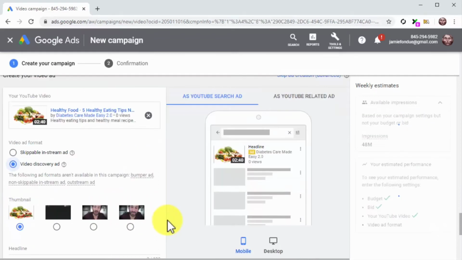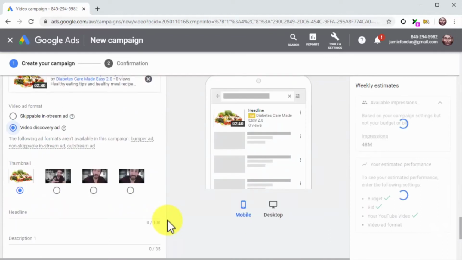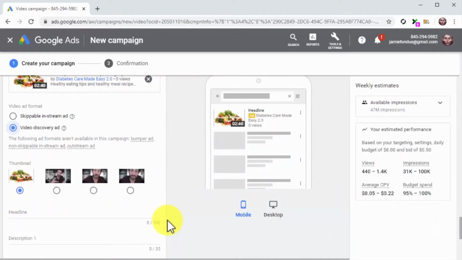This will show your ad on more than one placement, including the YouTube homepage, on search results pages, and on recommended video feeds. That way, you'll avoid people skipping your video ad, while also giving them more time to consider clicking on the video. Now you are going to customize the ad and compose the ad copy.